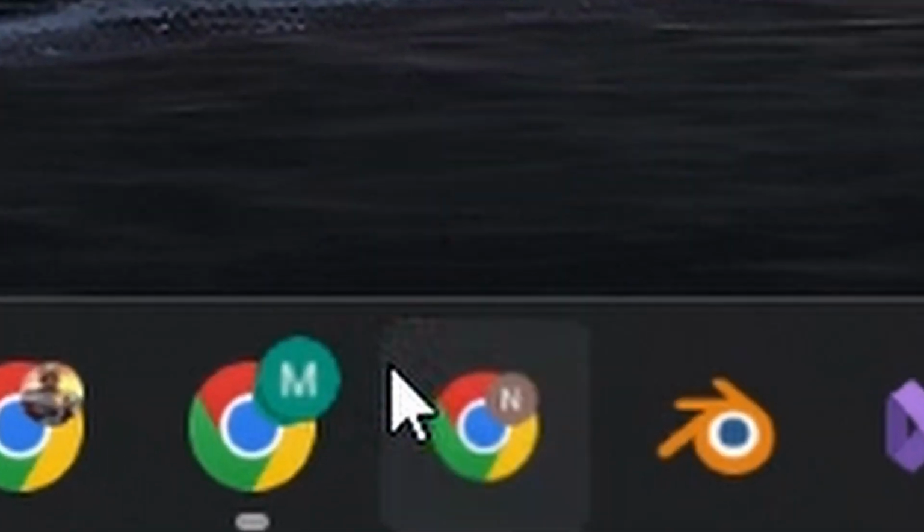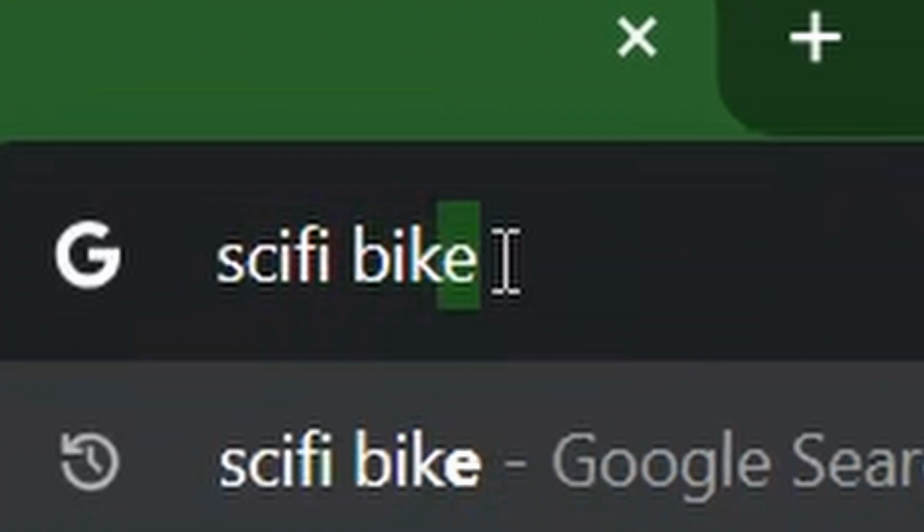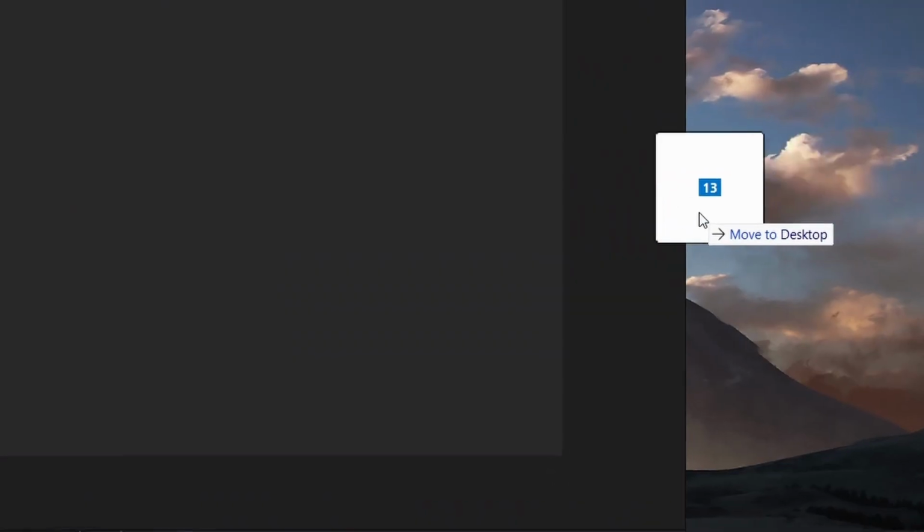I am genius. Okay, for the first vehicle we choose a bike, and for that I go to Google, type sci-fi bike, download the images and import all to PureRef. But what is PureRef? It's a software to store many images in a single space and you can zoom in and out. Very useful. Now it's time to model the bike in Blender.